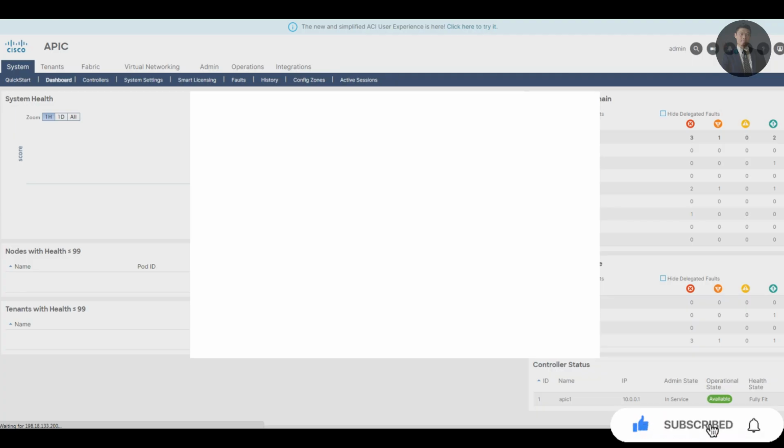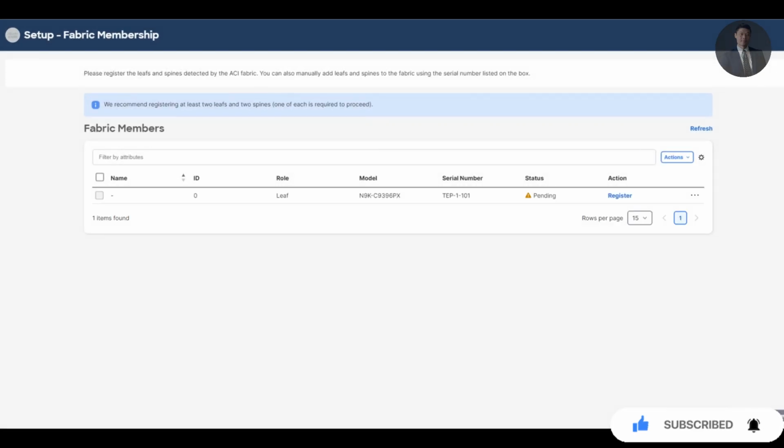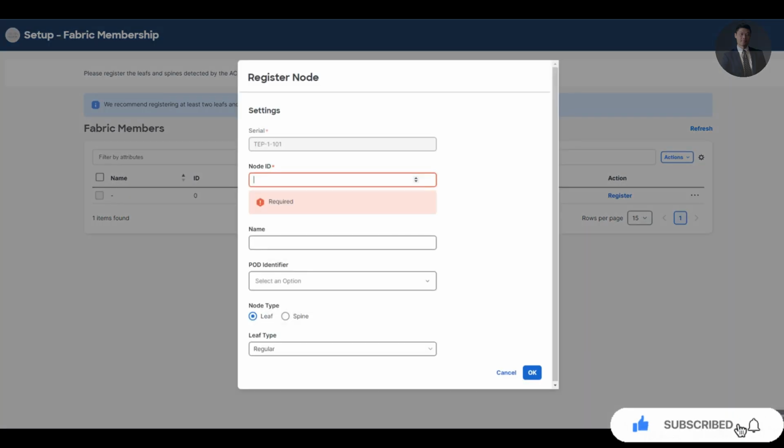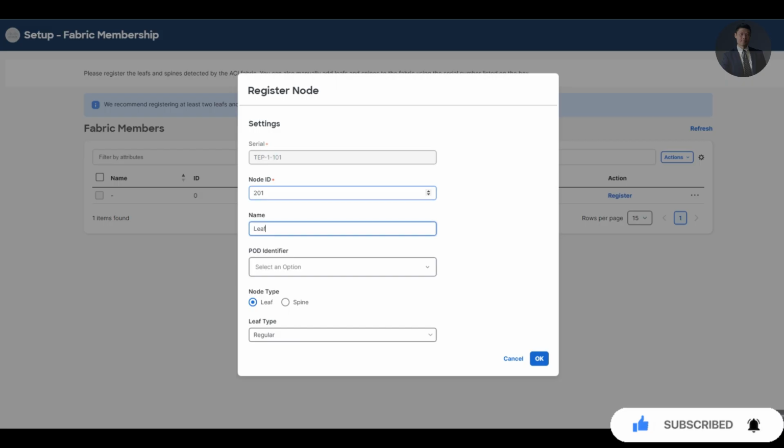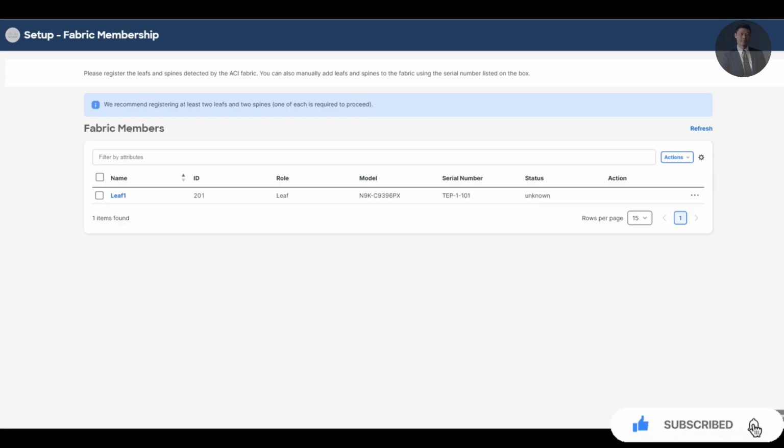The first item we'll begin with is fabric membership. The APIC has discovered leaf 1. It's leaf 1. Click register. We'll give it node ID 201. Name is leaf 1. Node type will be leaf. Click OK. Now the ACI will begin the fabric discovery process to integrate the switch into the fabric,